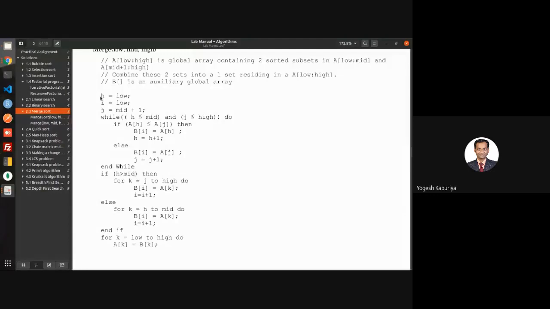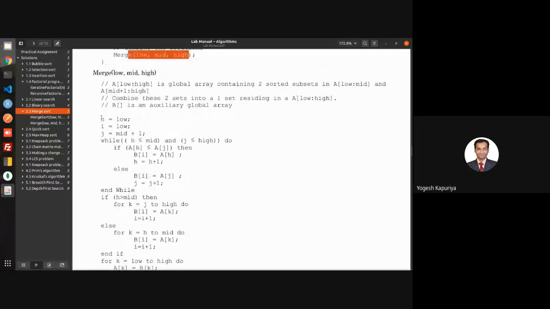That means the results are merged together. That we are doing using this algorithm. How we are doing it? When you want to merge two components, two parts, you will first compare the first element of both the parts. So what you are doing, you are having three indices H, I, and J.